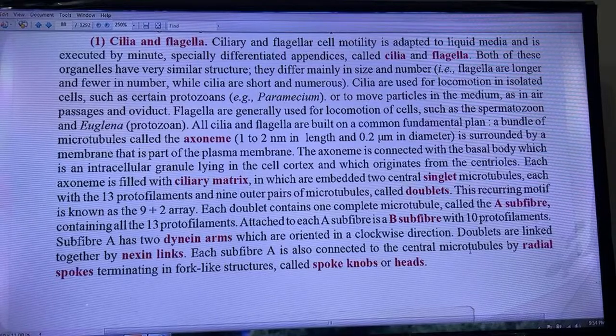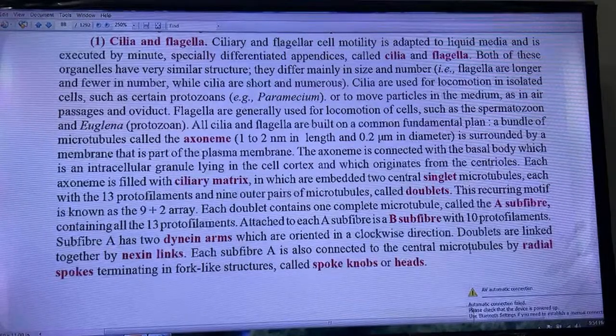Subfiber A has two dynein arms which are oriented in a clockwise direction. Doublets are linked together by nexin links. Each subfiber A is also connected to the central microtubule